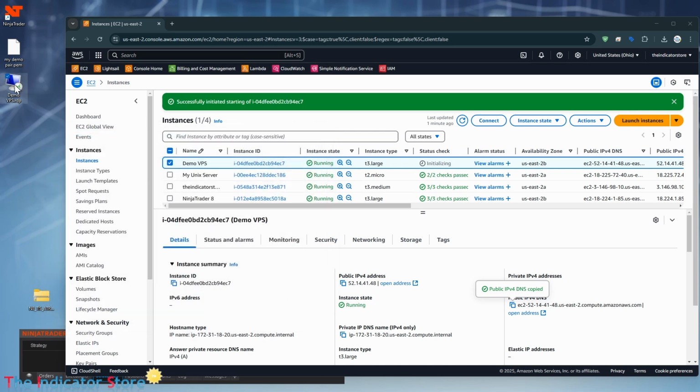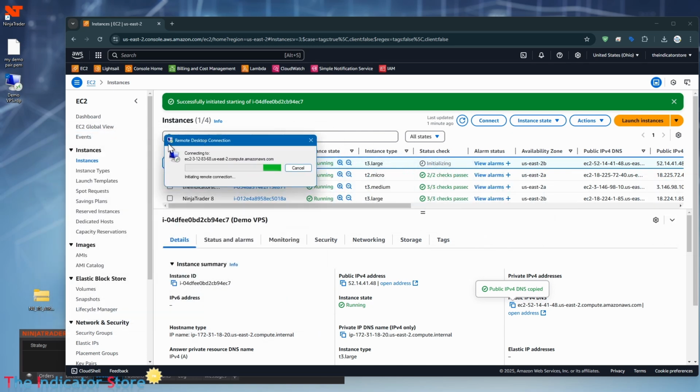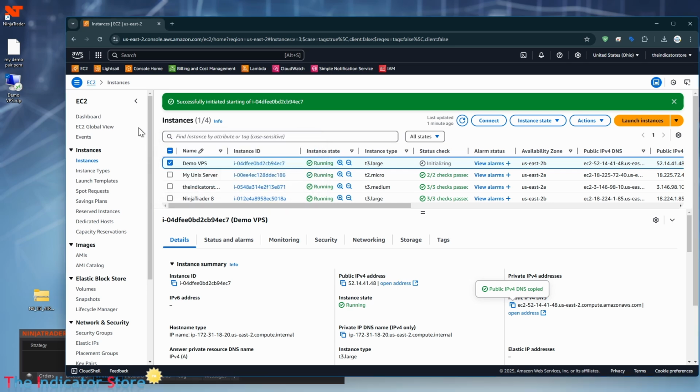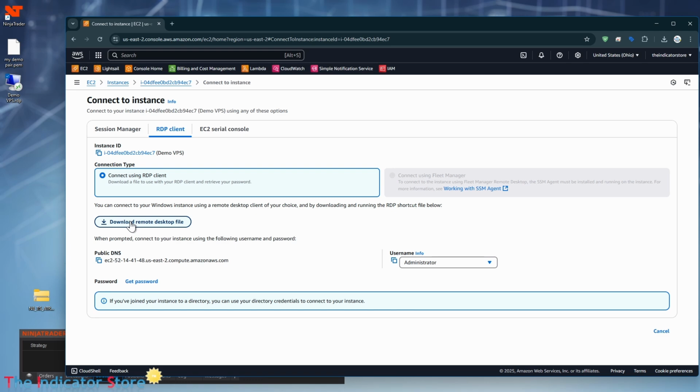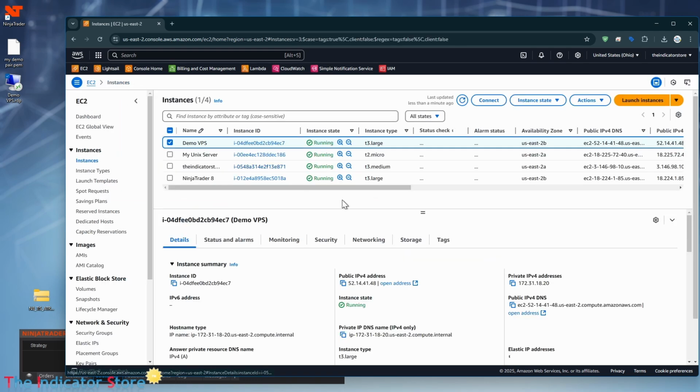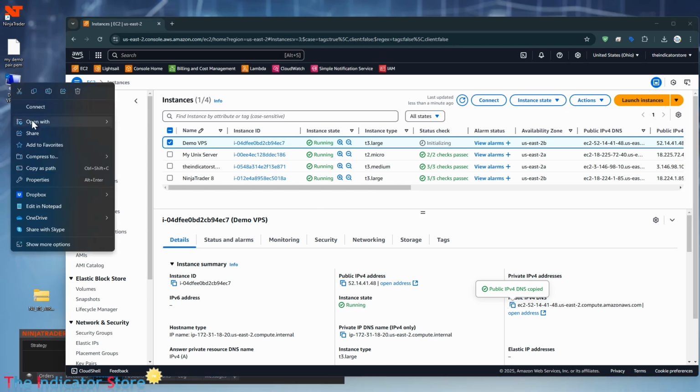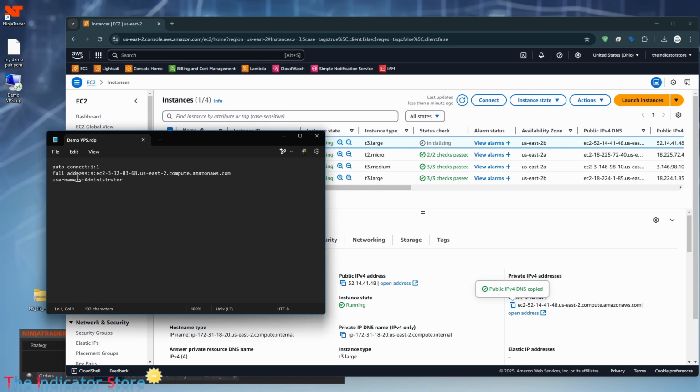Because again, if I double click here, this is going to time out because the IP is different. So yes, you have two options. Or you go to the menu, connect, RDP, download, or from here, you can see which is the public IP, copy, edit the file, open with Notepad, and replace,